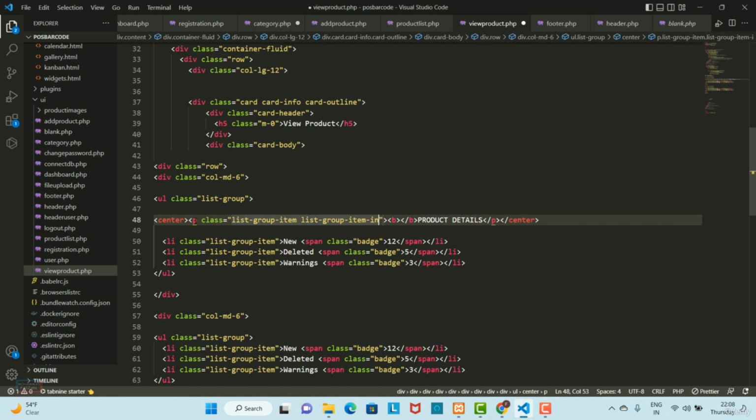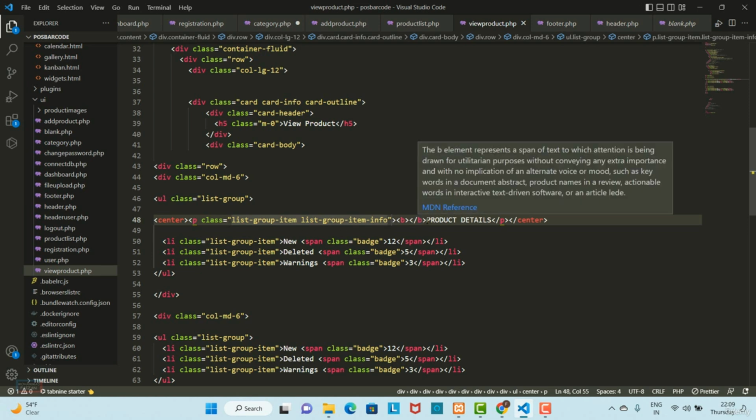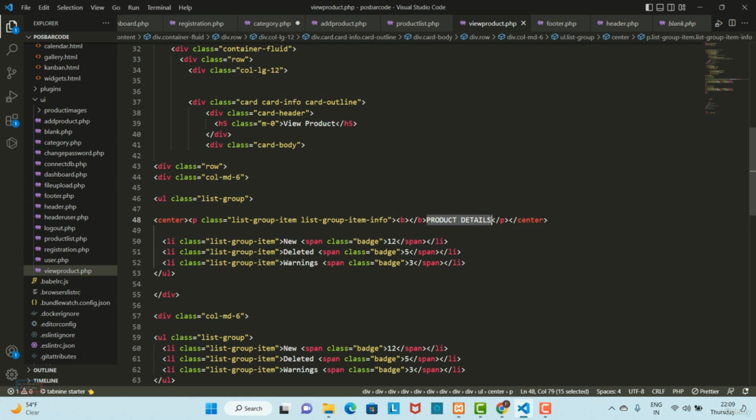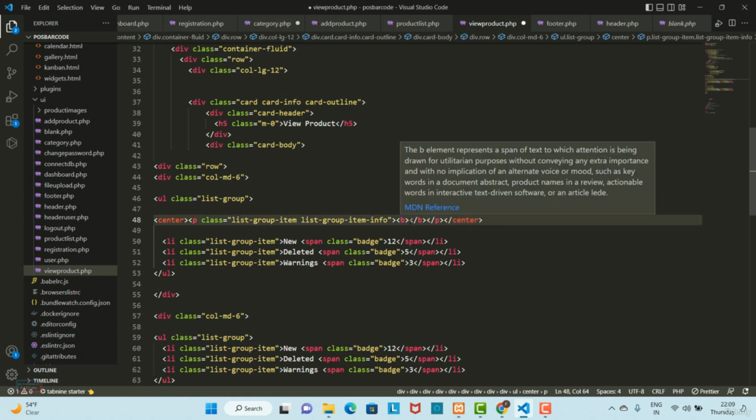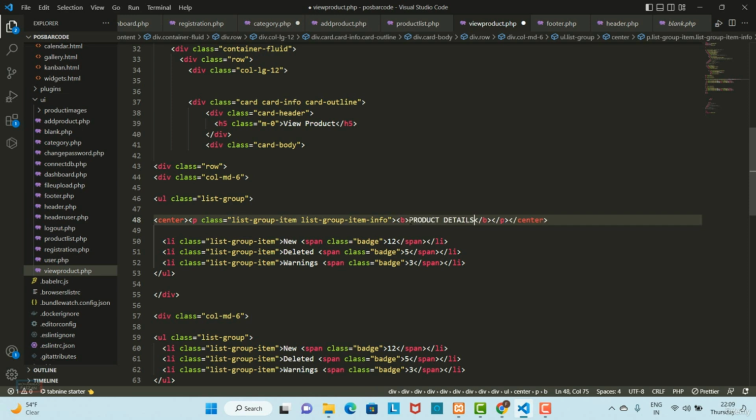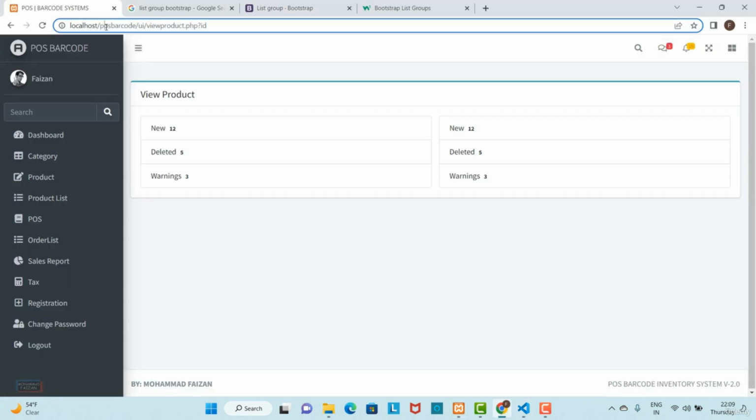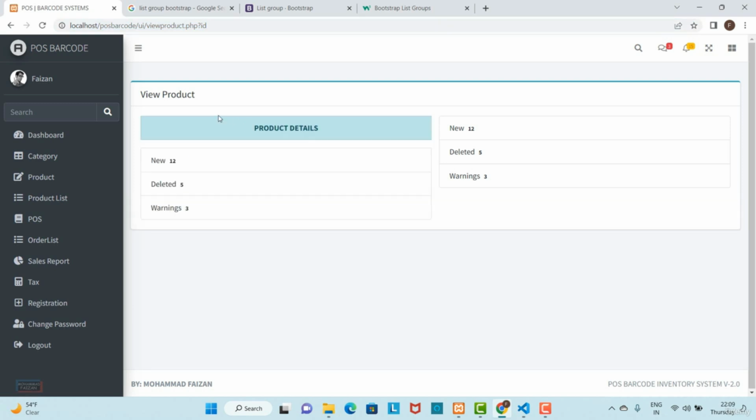So I'm going to give here the bootstrap class which is info. Okay, so let's save, and let's copy this product details, cut from here, and let's paste in between the bold tag. Okay, save our file, and let's see the output first. It is working or not? Perfect, you can see here. Okay, the product details and the badges,